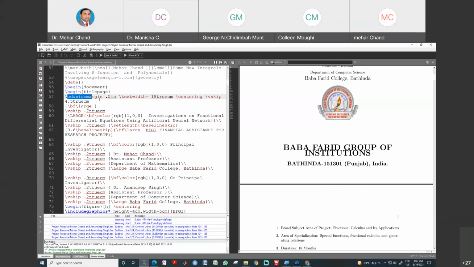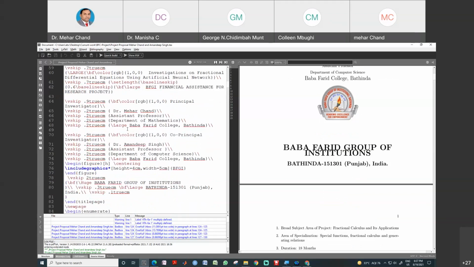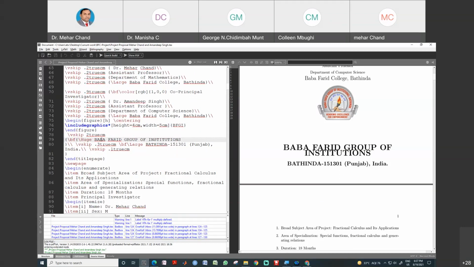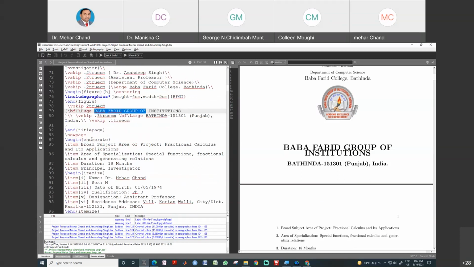Title page will always be different from the other pages, and the same function we use here to insert the logo. This is the logo, and this is the name of the file of the logo. Okay, and this is the name of the institute, which you can see at the bottom. And then this is the end of the title page.